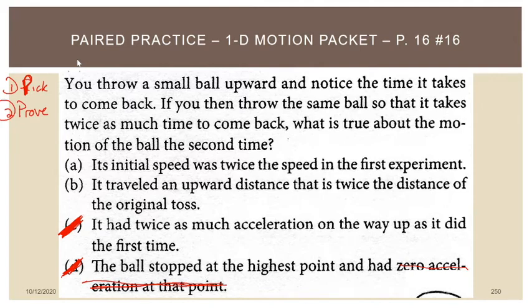The only thing you can change is the speed. The initial velocity of the ball is the only thing that can be changed. And so when I'm looking at the answer choices, because A is an answer choice that mentions changing the initial speed, that's what I want to look at. Now, B is talking about the ball traveling an upward distance that is twice the distance of the original toss. It's important to realize to make the ball reach a higher maximum height, you can only do that by changing